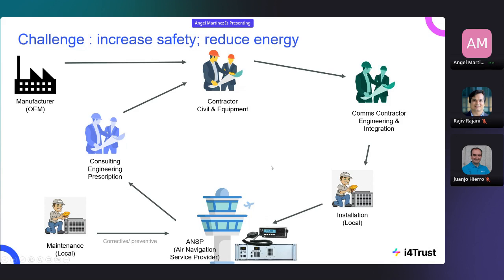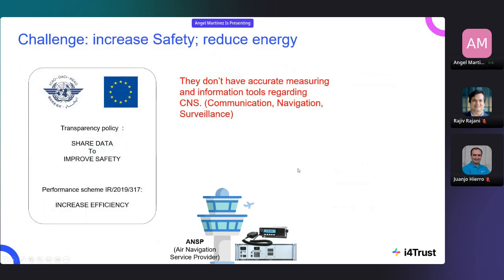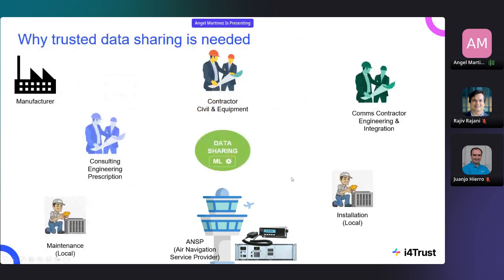So the performance of this equipment will ultimately define the performance of the whole system, the capacity of the whole system. So avoid delays, improve the routes in airspace, and so on and so forth. Of course, we always want to improve the proficiency of a service, but in the European Union, we have an implementing rule that imposes an efficiency and performance scheme on the air navigation services sector. So we need to improve this efficiency. The problem is that all these actors don't have the right and common information on the performance of these systems that will allow them to create more value, to improve the technical infrastructure,